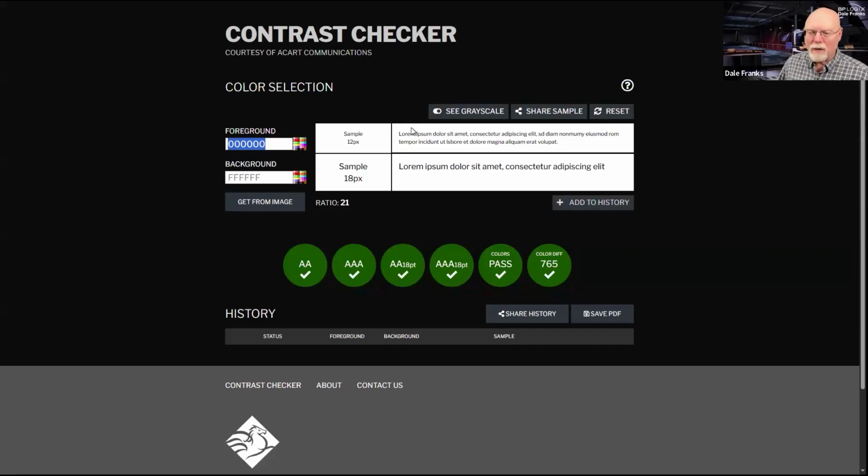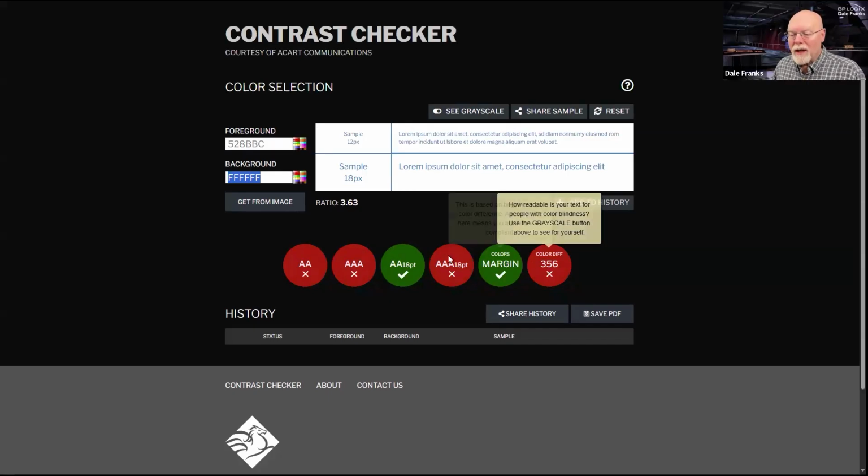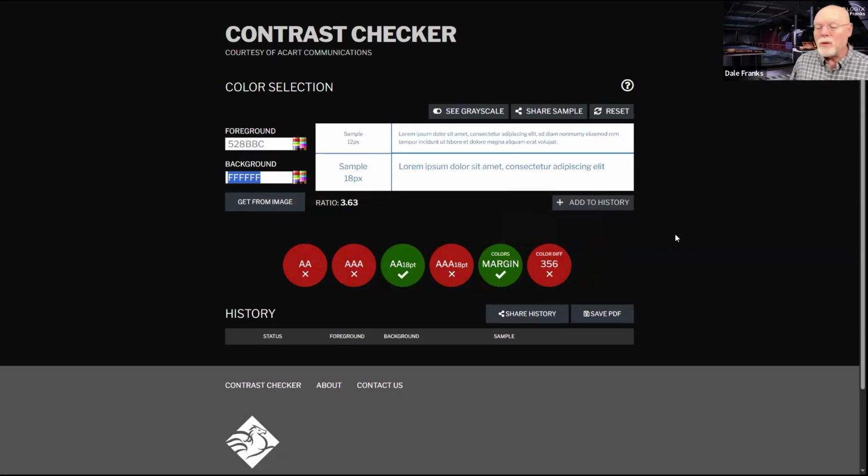So let's change our foreground here to 528BBC, which is the color that we use here at BP Logix. If we look at the little circles at the bottom, we can see several of them have turned red. That's because they do not meet the color contrast requirement of 4.5 to 1.